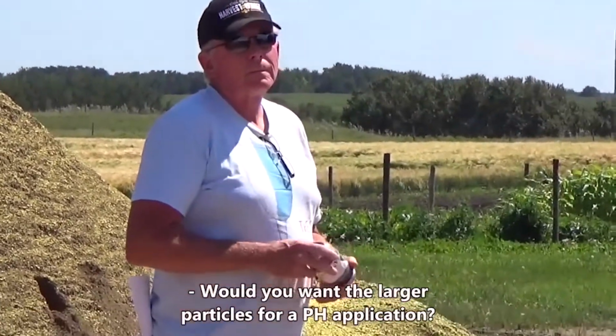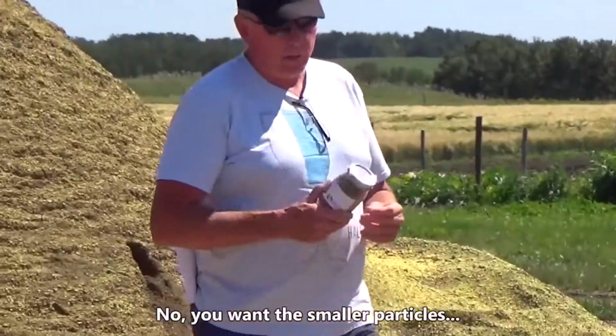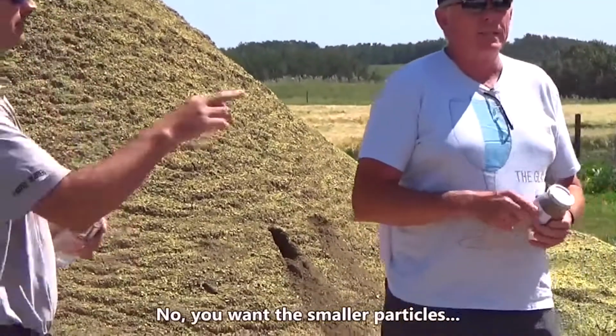Would you want the larger particle sizes more if you're doing more like a pH adjustment type thing? No, you want the smaller ones still. You want the small stuff, because it'll...